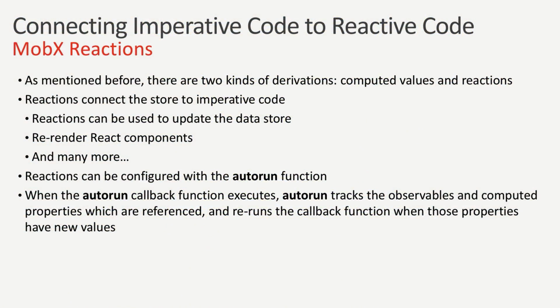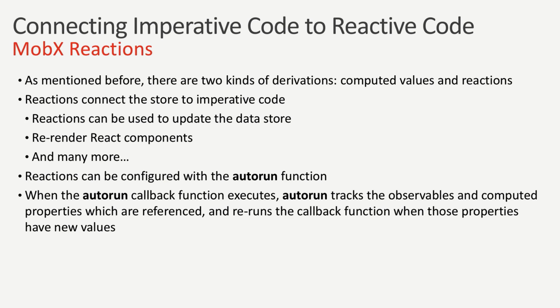As mentioned earlier, there are two types of derivations, computed values and reactions. In the last section, we took a look at computed values. In this section, we're going to take a look at reactions. So reactions are basically used to connect the store to imperative code. Reactions can be used to update the store again, to re-render components,